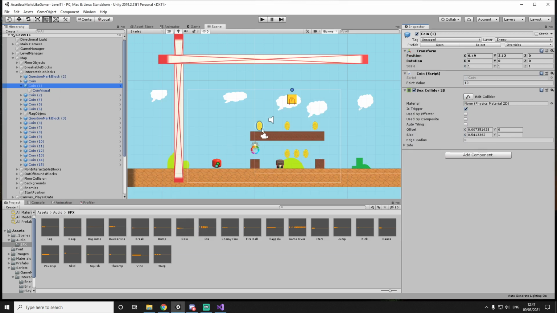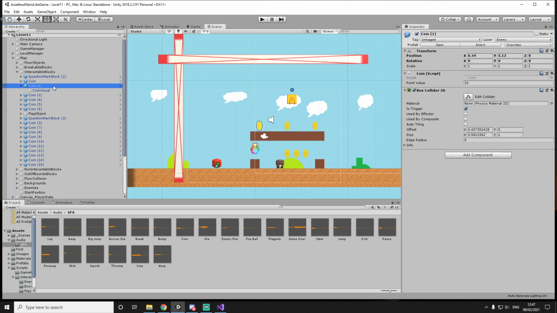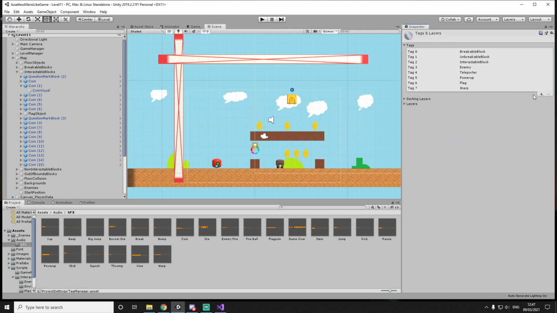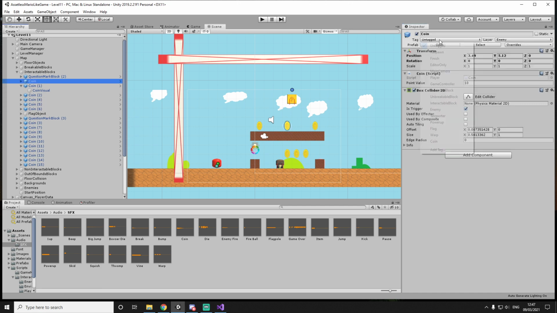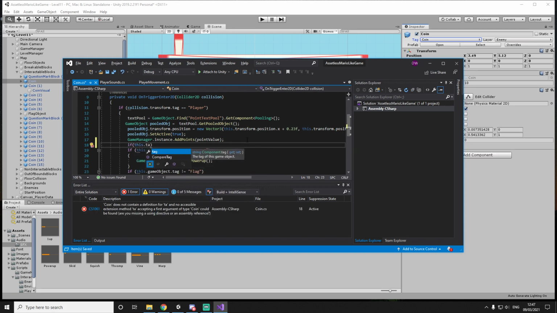What is the coin set up as? Okay, it's not tagged. So let's just add a new tag, call it coin. Tag coin for each coin, and then apply. Now, if this dot GameObject.tag is equal to coin,